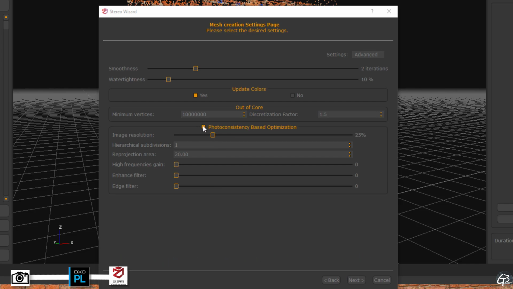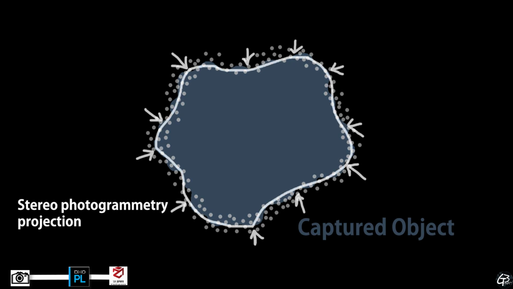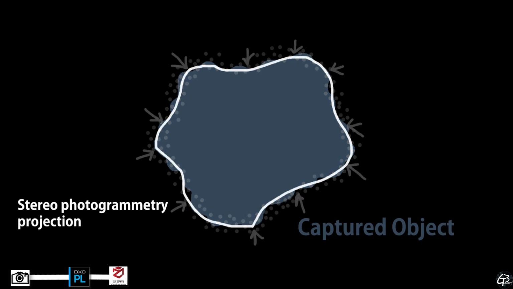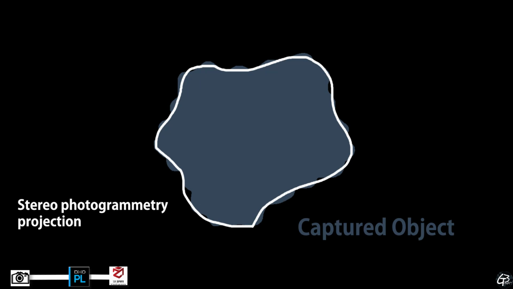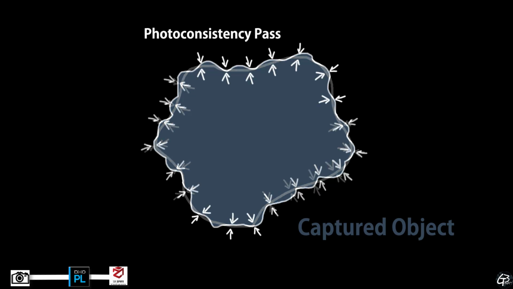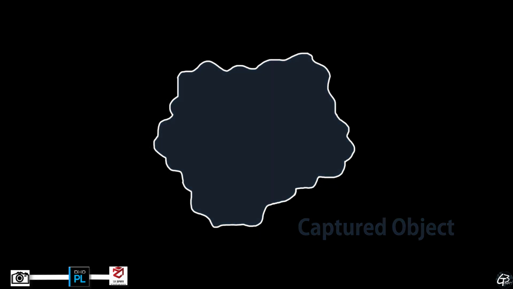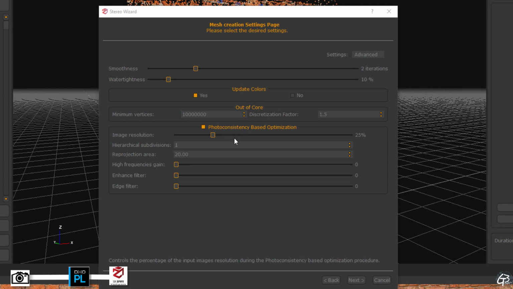It's good to understand that 3D Zephyr has two main reconstruction passes, which can be processed separately. The first one, called Stereo, is a simple 3D photogrammetry reconstruction which results with a generic 3D mesh. To bring medium and small details, we need to apply the second one, a photo consistency pass. As I mentioned, this pass can be applied during the main reconstruction, but can be also applied later as a filter, and this is what we are going to do.